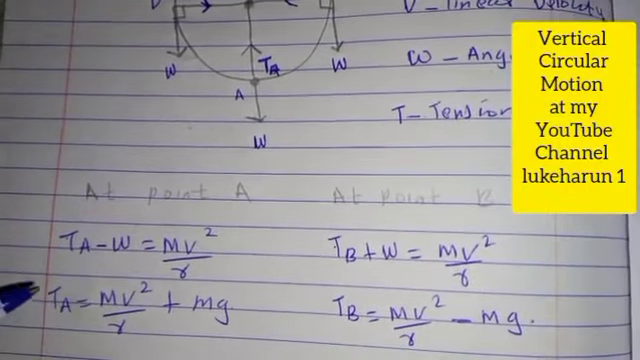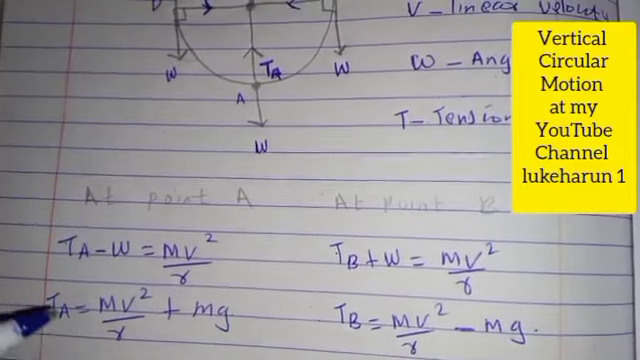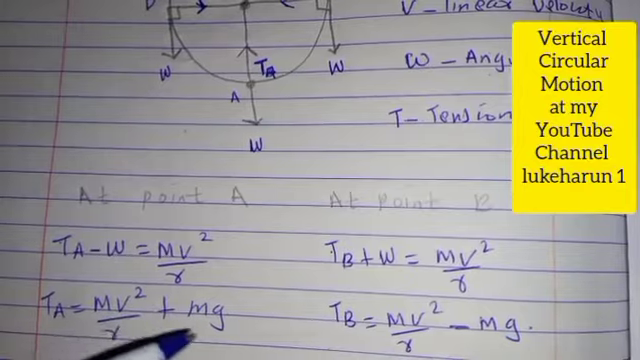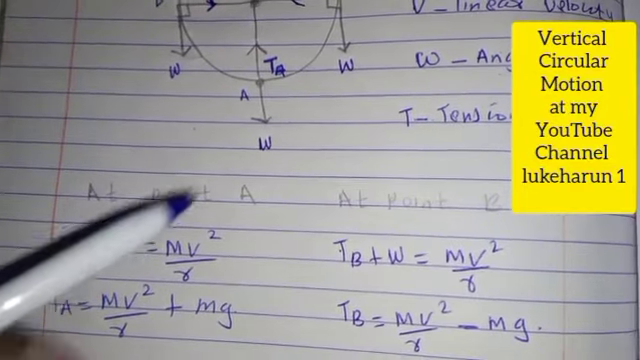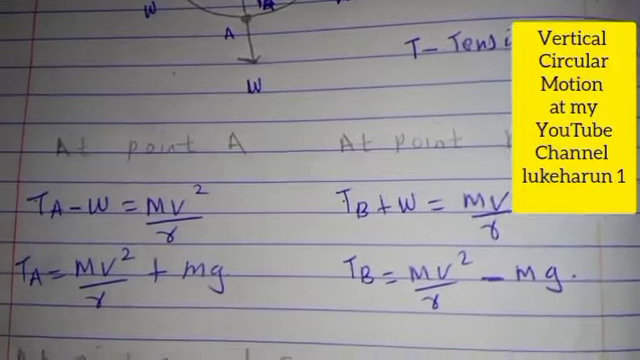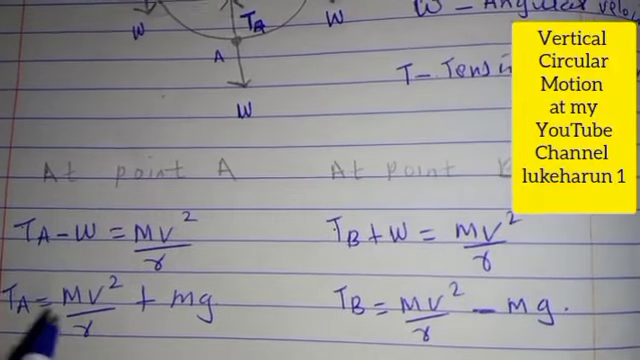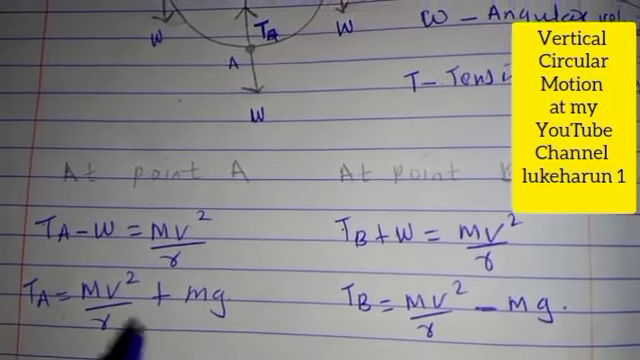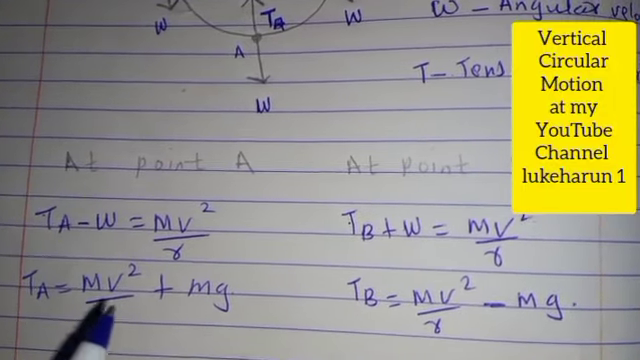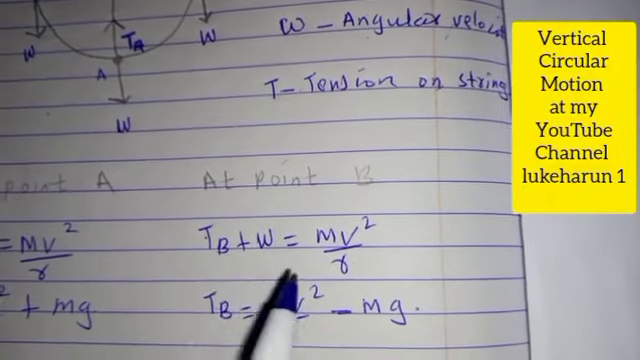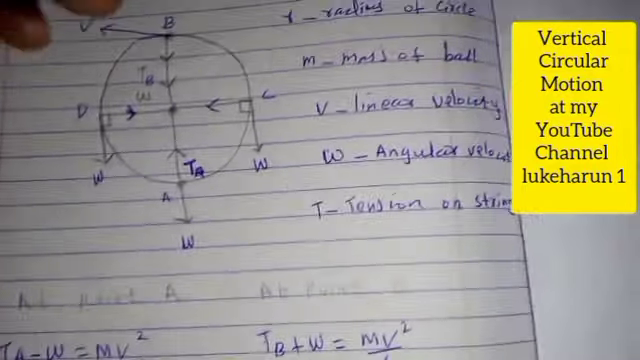So we can rearrange this to get that TA is equal to mv squared over r plus mg. W is the weight, and so we can write it as T is equal to mv squared over r plus mg, where mv squared over r is the centripetal force, and mg is the weight of the body. Then at point B here,